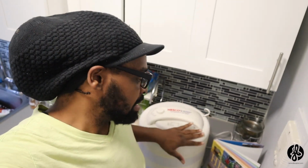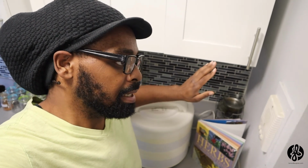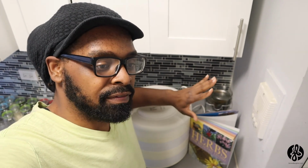Hey everybody, so I'm actually about to go out today and pick some dandelions. I wanted to bring you all with me. As you can see, I have my food dehydrator, and I've been waiting for over a year for these dandelions to grow. And yes, even though a lot of people are on quarantine,